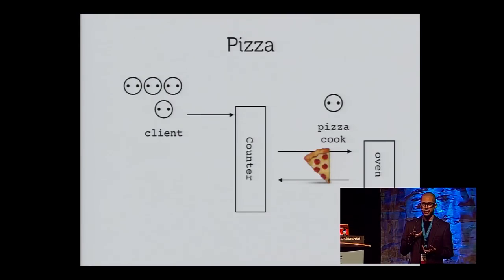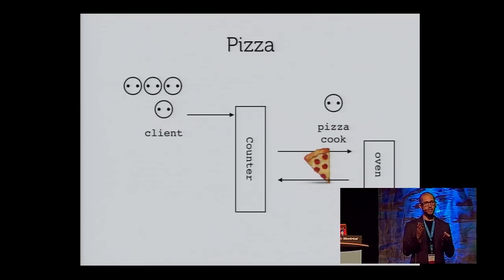So the analogy that I'm trying to make here is, I'm trying to say that the cook ought to be async. The cook should respond to events as they occur. So as clients arrive, the cook asks each one what kind of slice do they want, and as slices become hot in the oven, the cook responds to that event and gives the hot slice to the client. And in that way, one or a couple cooks should be able to serve a very large number of concurrent clients.